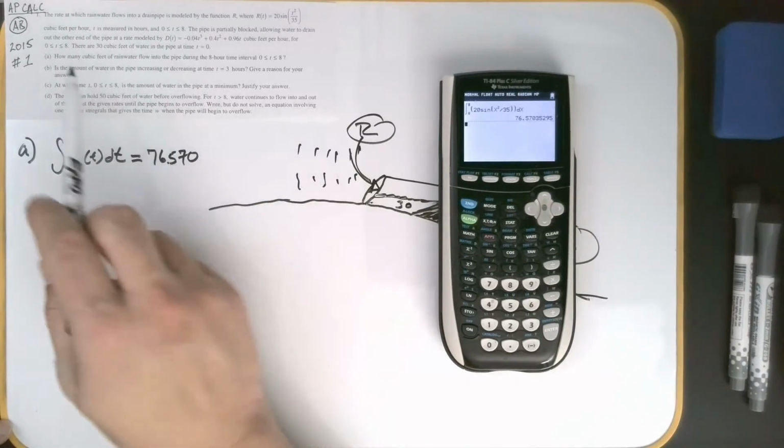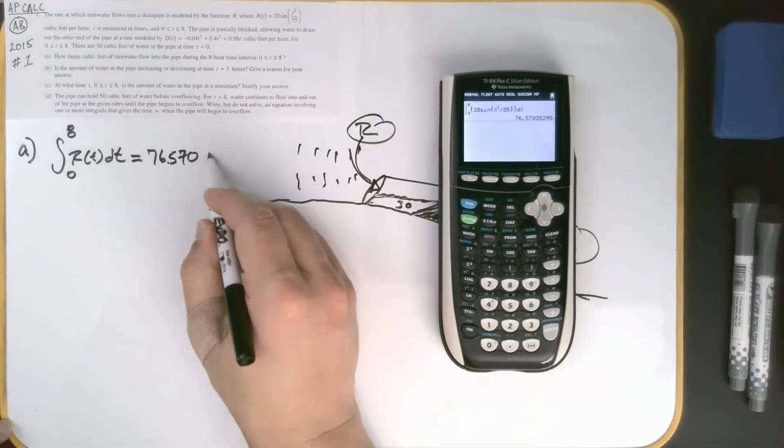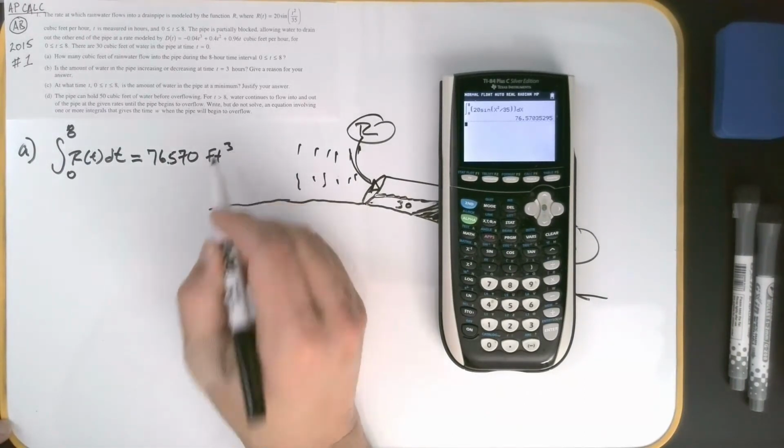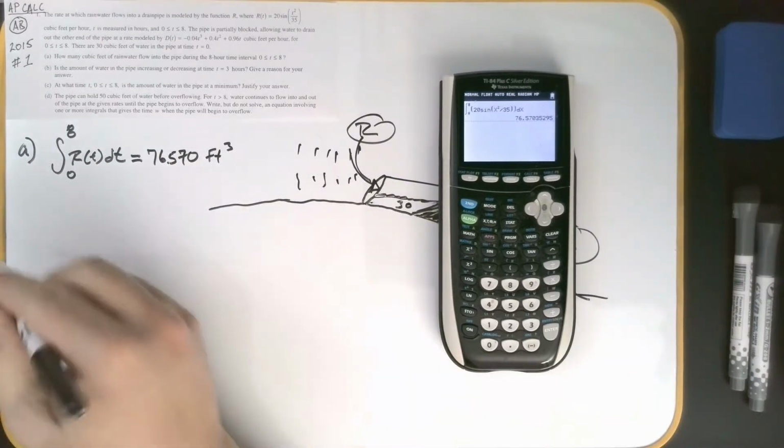76.570, and let's see what the amount is here. It's cubic feet per hour, so the amount of rainwater that went in was 76.570 cubic feet. That's it. All right,